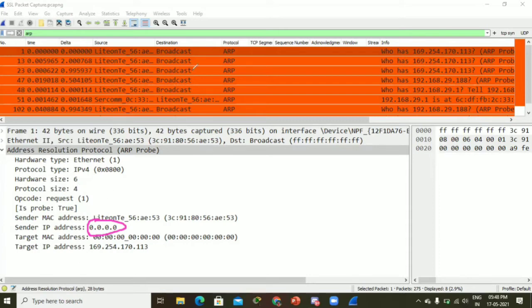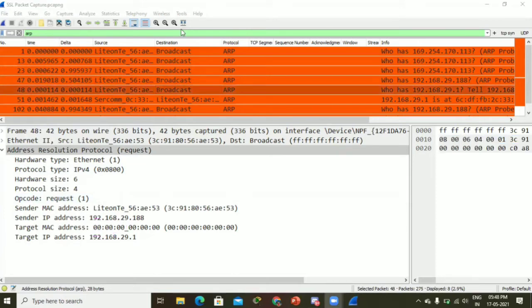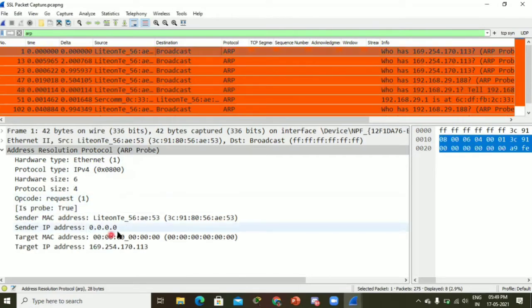Let me show you in the ARP request. Here you can see the request, and here you can see the sender IP address 29.188. But in the ARP probe, it is 0.0.0.0, which is called duplicate address detection.